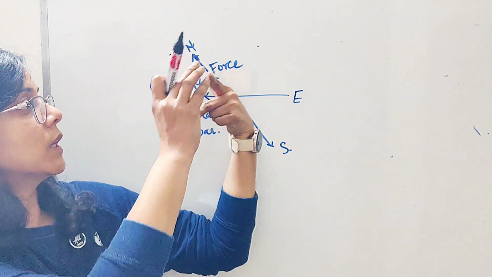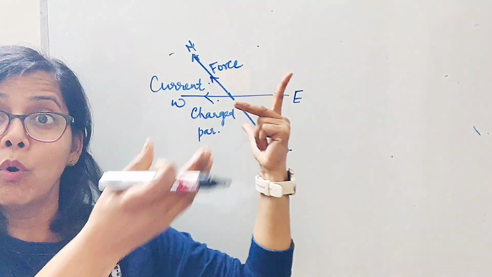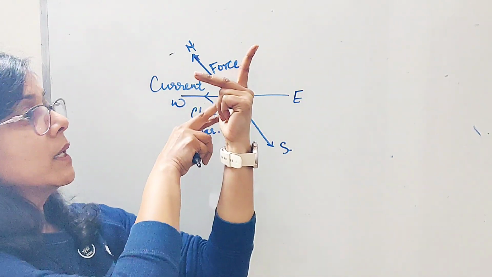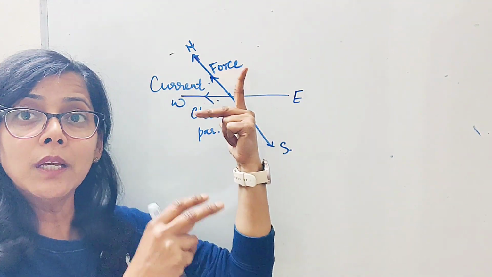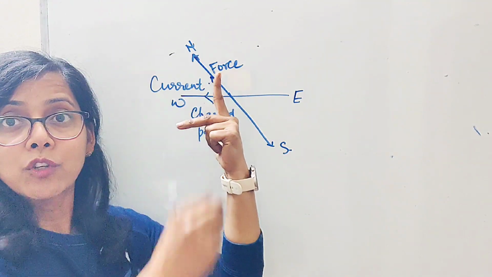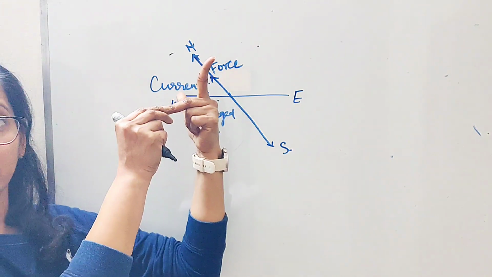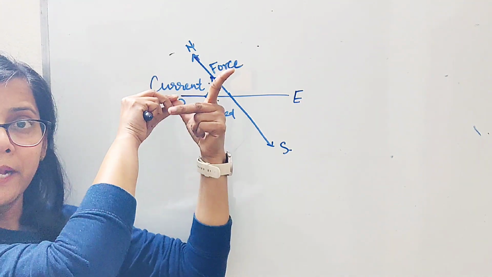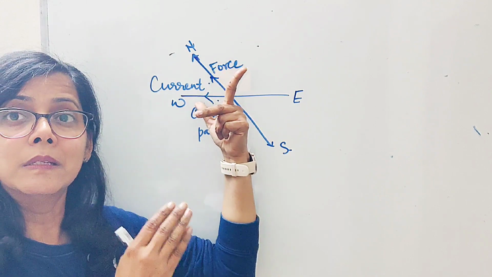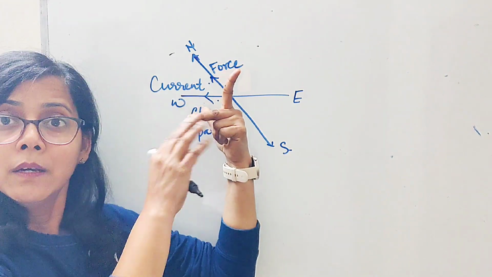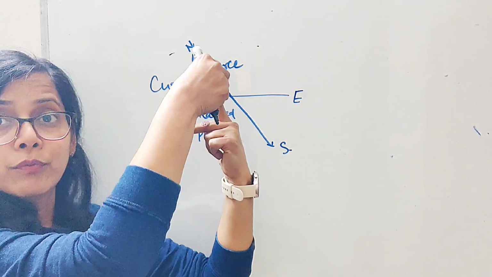अगर मैं ऐसे करूँ changes को, तो पीछे जा रहा है, north, this is north. मैं I told you कि north मेरे पीछे है, तो north में हमारा क्या जा रहा है, force लग रही है, and towards west is the direction of the current. You can see what is the direction of the magnetic field. This is upwards, okay. If this is clear, मैं दोबारा से show कर दूँ. Behind me is the force. This is current because it is moving in the west direction, okay. Then the field will be upward.